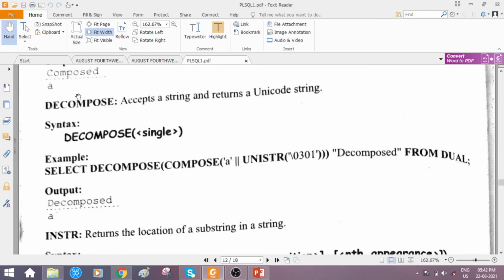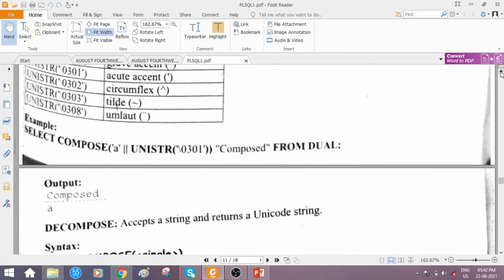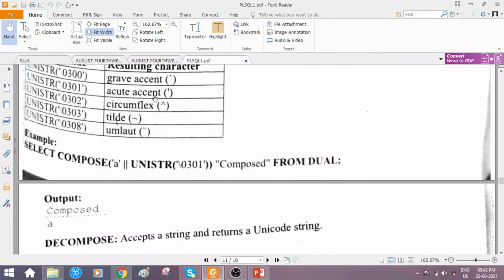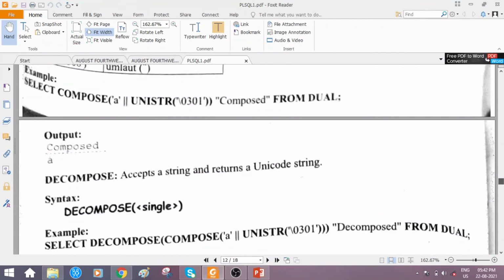So the result of this inner function will be like this: A with which type of value above it? Acute accent. That value is found along with the character A.